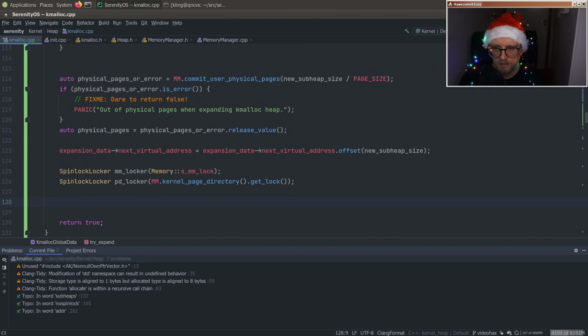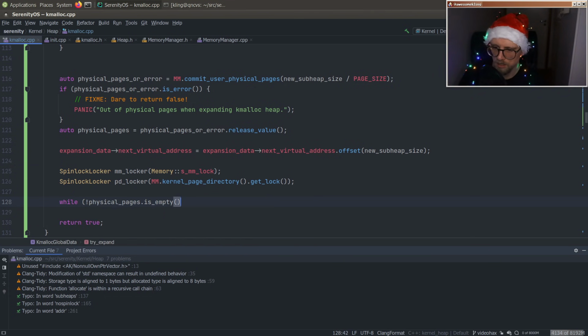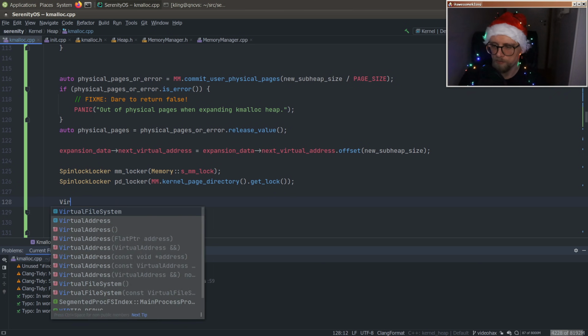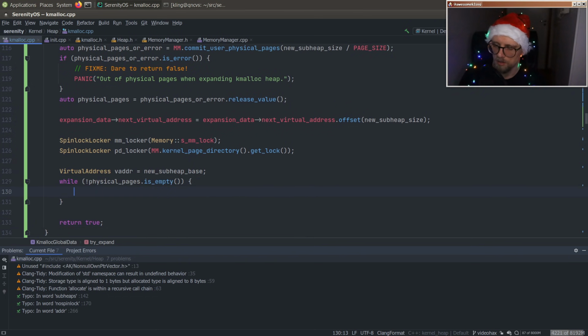So then we need to get the PTEs, and we want to make a loop here. So I guess we can do something like while physical pages is empty is false, then we need some kind of an iterator thingy. So new subheap base. Okay. PTE is